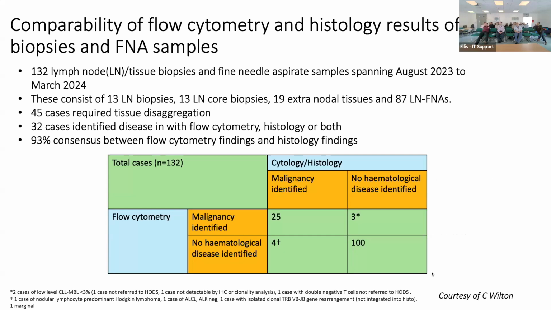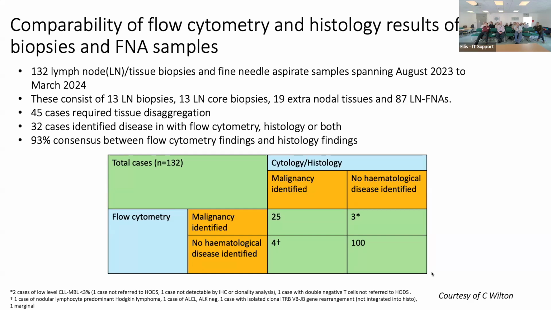Hello. So this was just some provisional data of looking over the last year of the samples that we received for flow cytometry, which ones we were able to identify any malignancy in, and just compare that to the histology results. So as Livia already mentioned, if we receive a core, say it was taken at CUH, we ideally would like that as quickly as possible because it's a fresh sample. It comes in saline, and then we can disaggregate